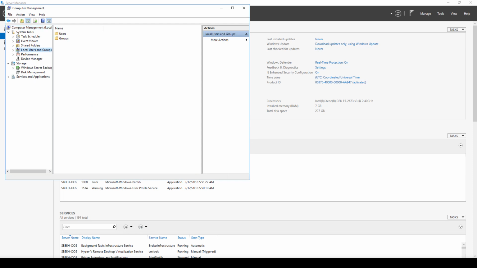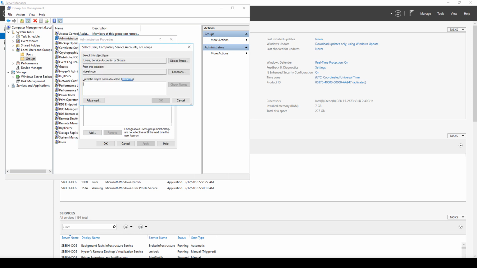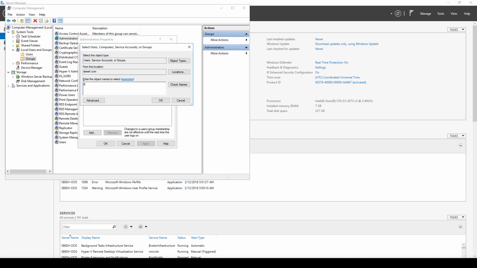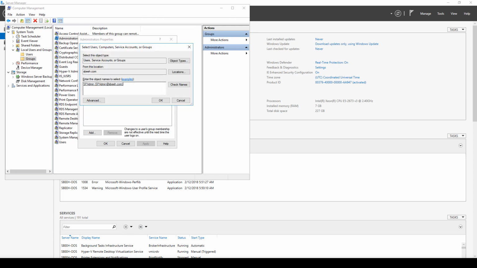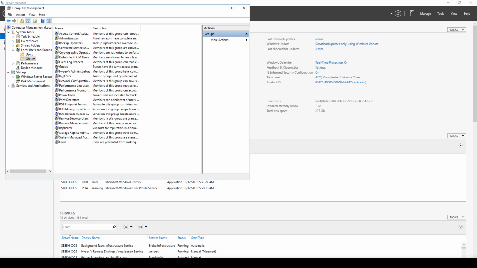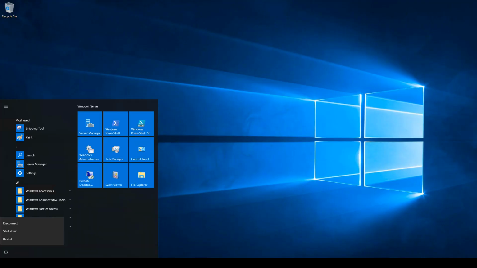The next step, we need to add SPAdmin, the SharePoint Administrator user, to the local administrators group. Now we need to restart and log in as SPAdmin.